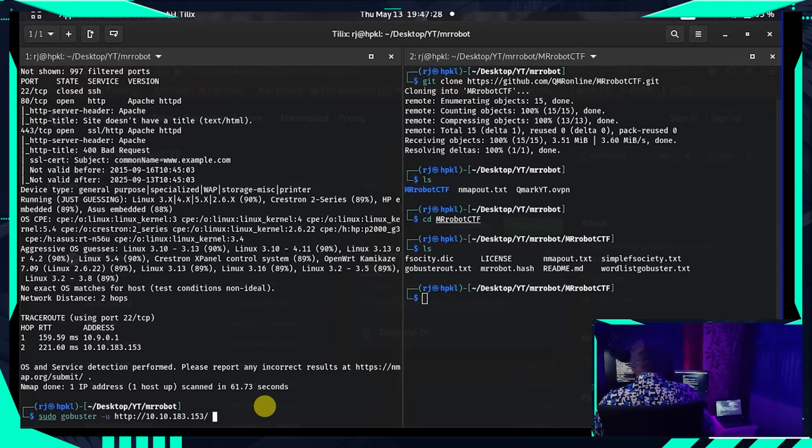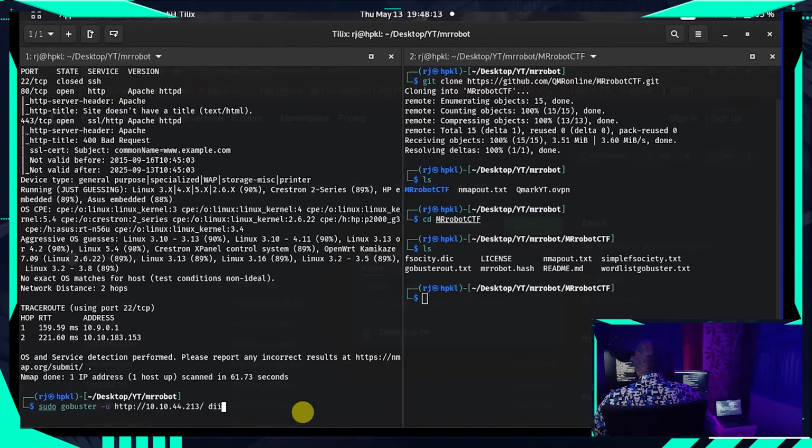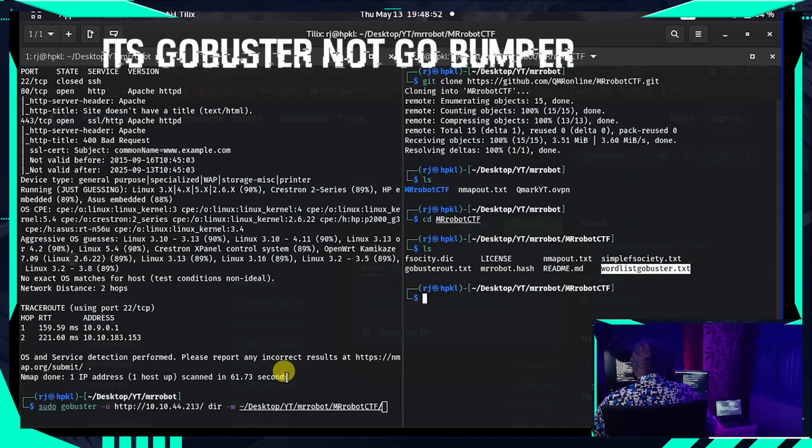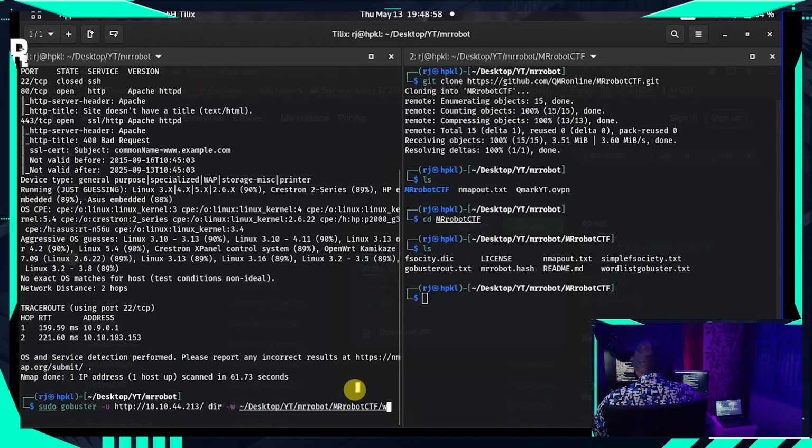For GoBuster, after giving the URL, now type tag w and the word list. Tag w is nothing but how we specify the word list. We're going to use this word list called wordlist gobuster.txt.